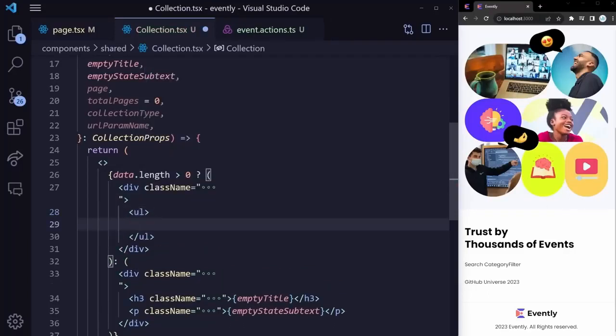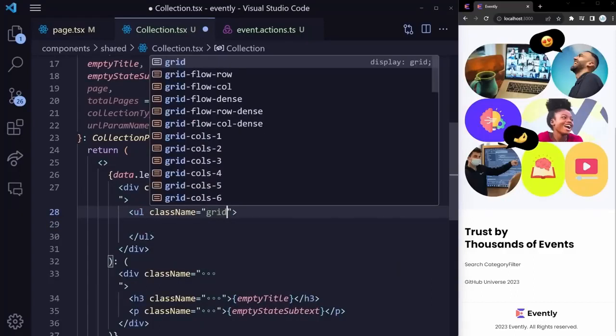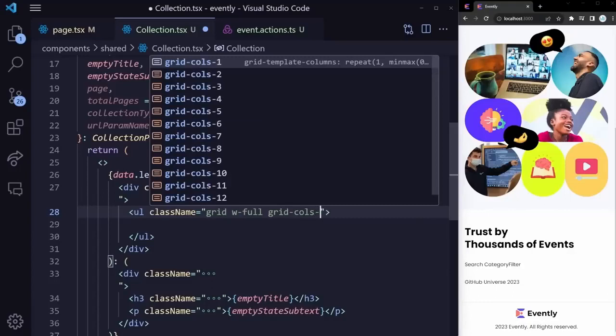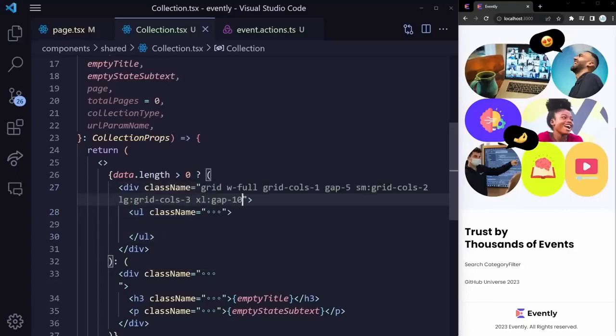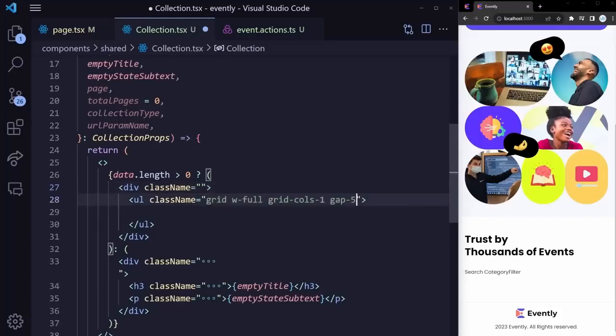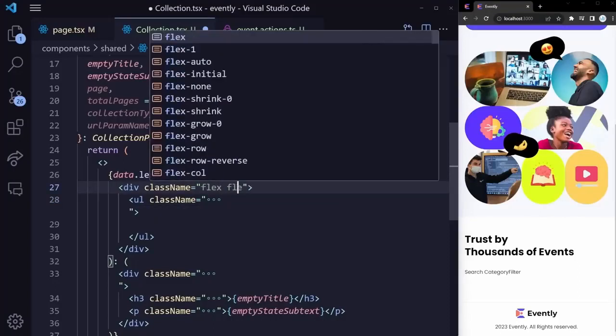an unordered list, that's going to have a class name equal to grid. So we're going to render these cards within a grid with a w-full grid-cols-1, a gap of 5, and it looks like I confused those 2 class names. Whatever we added here in the above grid should go into the UL. So we can just copy it and paste it here. That was my bad. But the div, that's the wrapper, should have a class name of flex-col